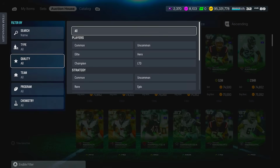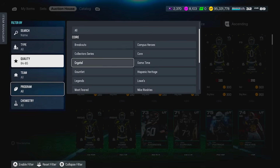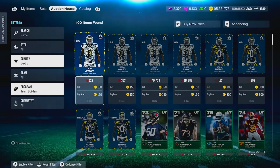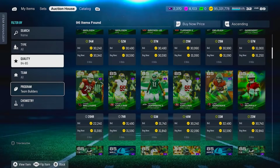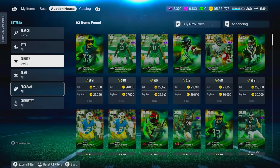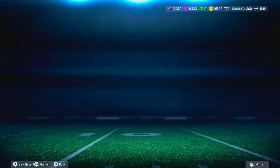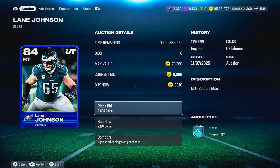Again, a lot of the markets, if I just go through, 85 team builders have been the biggest spikers. These things were going for under 20k prior to the announcement. They're now going for the most part 30 to 35k. Even if we just check the overall broad 85 market, they were going for 16, 17, 18k. I would say they're now going for more like 20k, even 84s that...